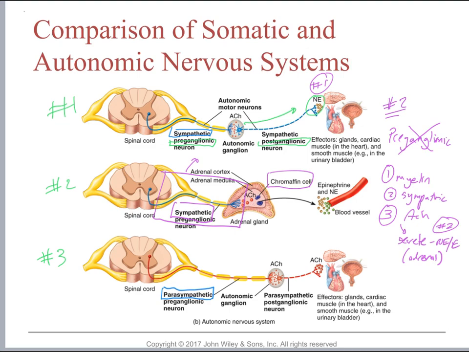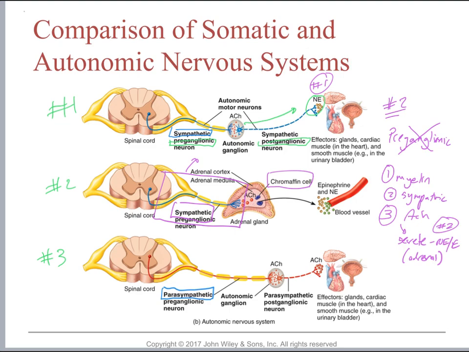Now, why do we have this? This is our direct fight or flight response. When we get scared, when we're in frightening situations, we need a fast response to that stimulus. So we get this special circumstance where we're going to bypass the chain ganglia, and go directly to the adrenal medulla to get a really fast, all-encompassing, entire body fight or flight